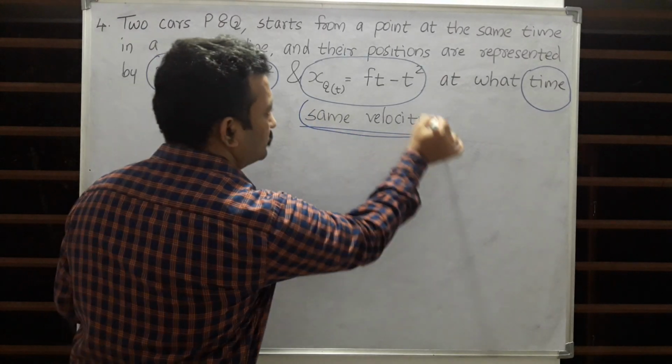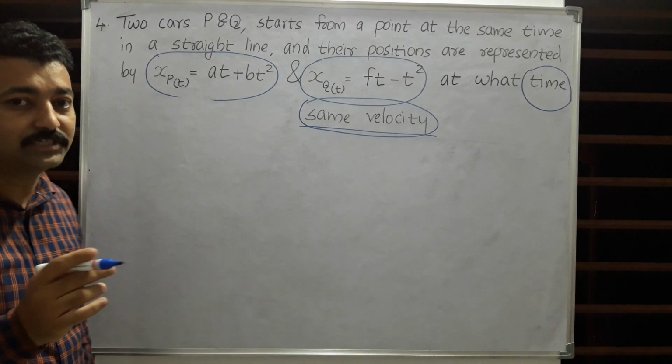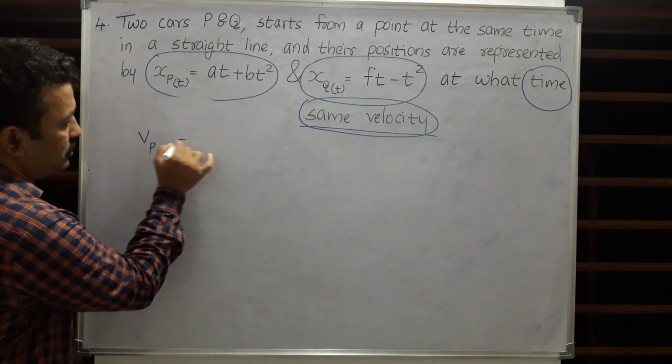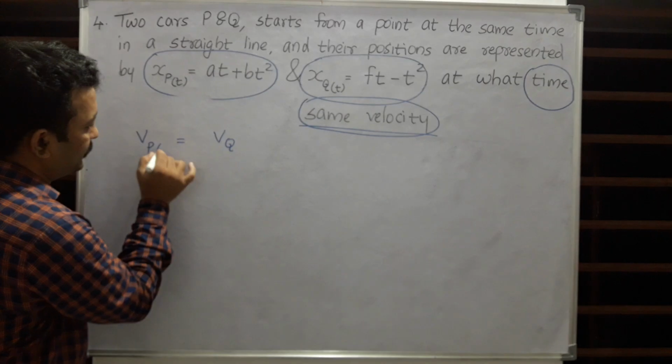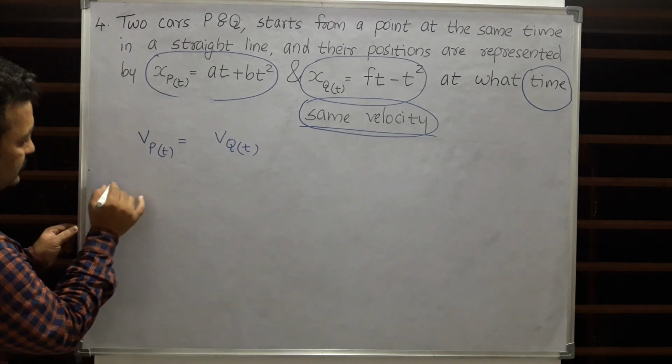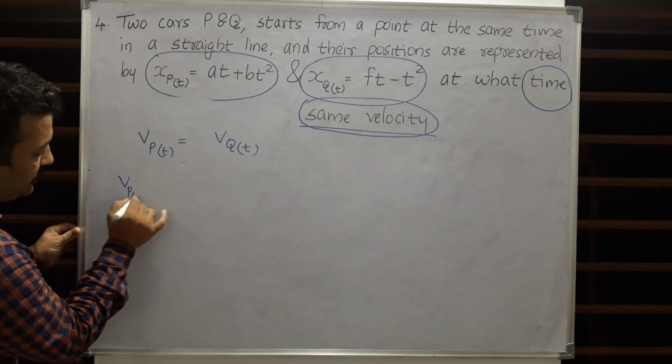I am starting from this point. They have the same velocity. What does that mean? Velocity of P is equal to velocity of Q at a particular time. How to get velocity of P? Velocity of P, Vp of t, is equal to